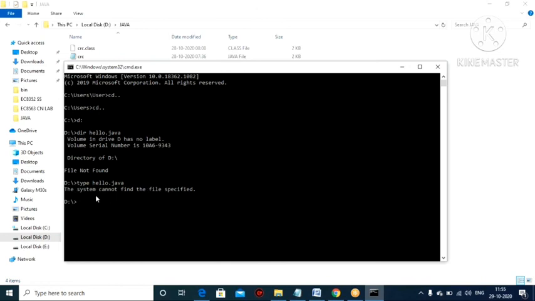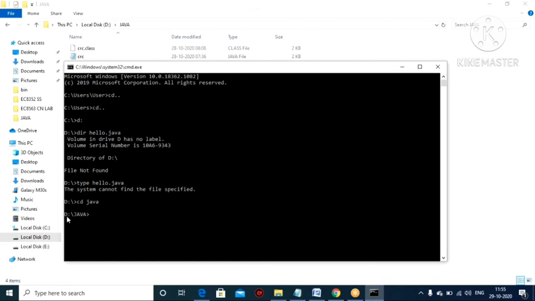Why does it show that the system cannot find the file specified? So I change it here with cd java. First I want to go into the folder, so I put change directory cd java, and it takes me into the Java folder.